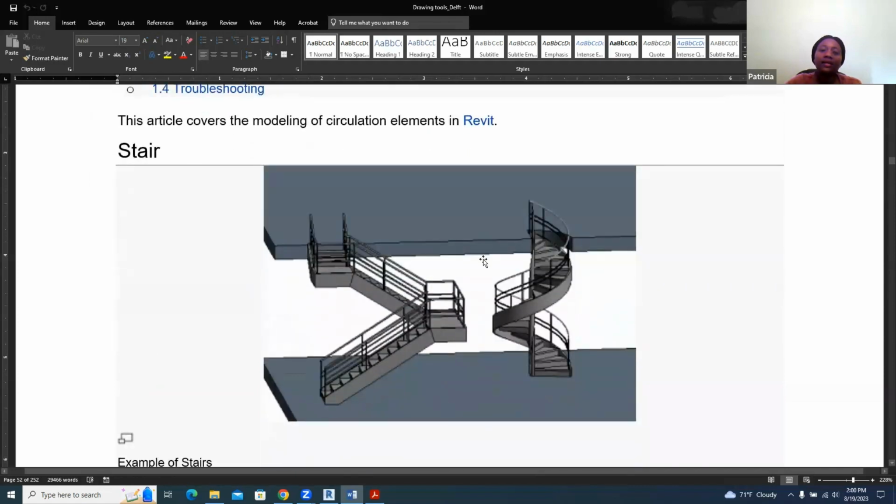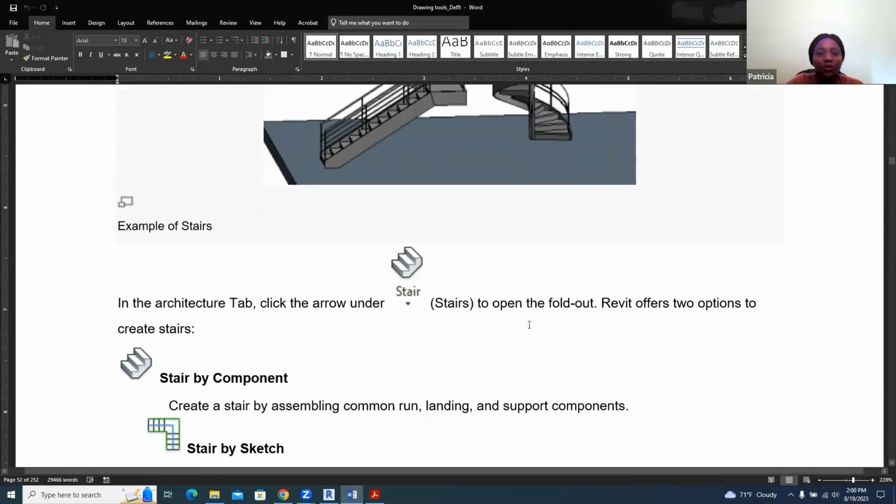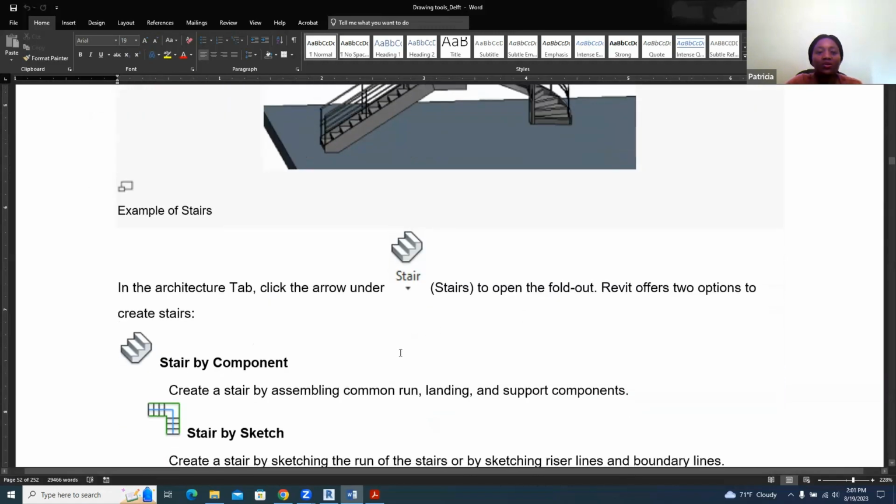You can see here the sketch of different types of stairs. Over here, we're looking at the U. This is like a combination of U and then, so what do we describe this as? Combination of L and U maybe. And then this is a spiral staircase. And so when we want to make stairs, we go to the architecture tab and then we would see this